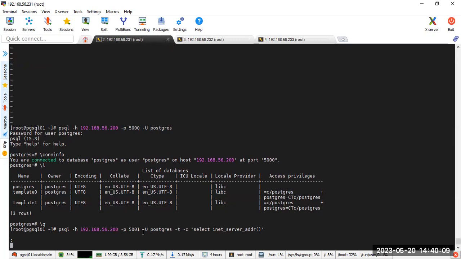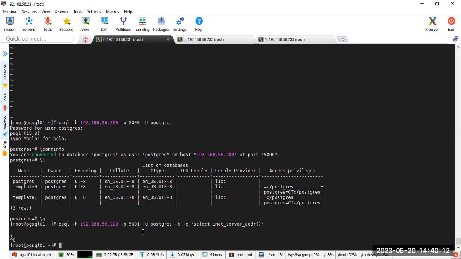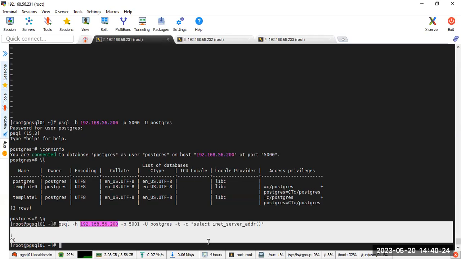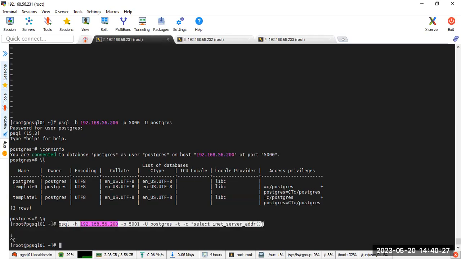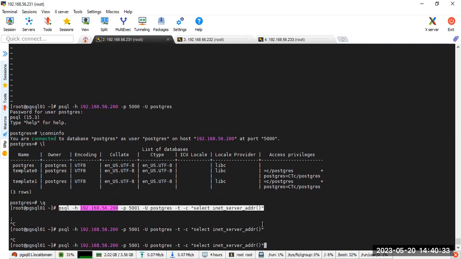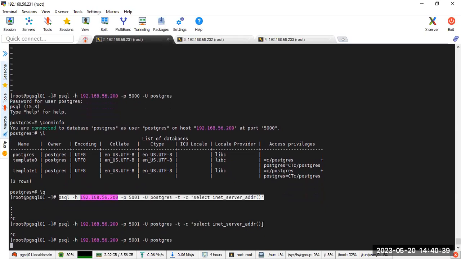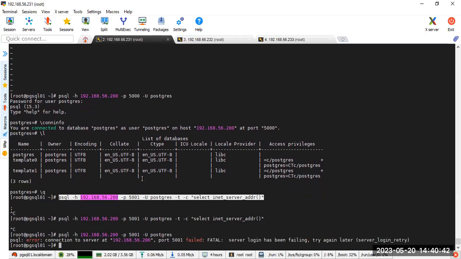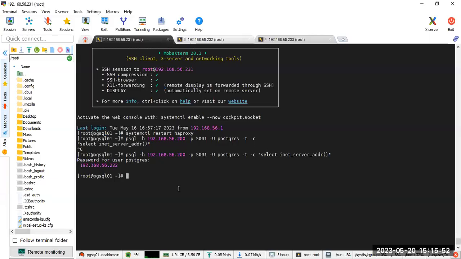psql with port 5001, -U postgres. What we'll do is log in, and later we'll run inside this. So there is an error. Yes, there was one mistake. You must